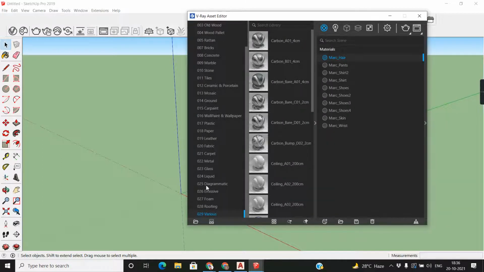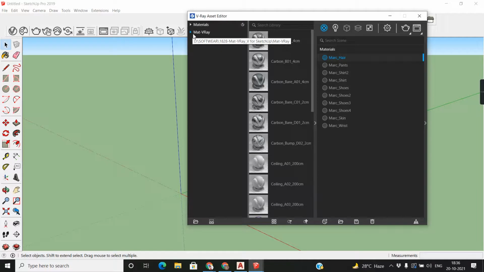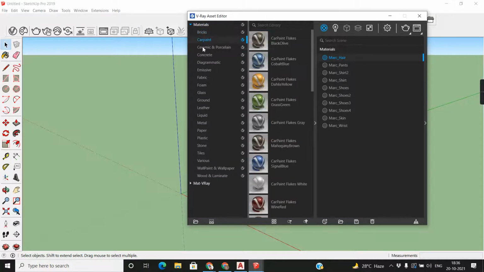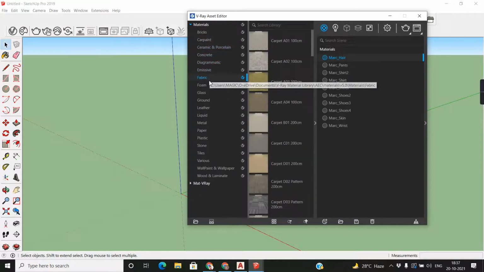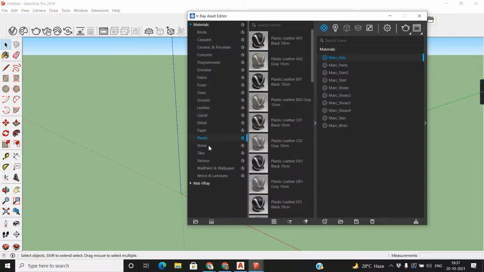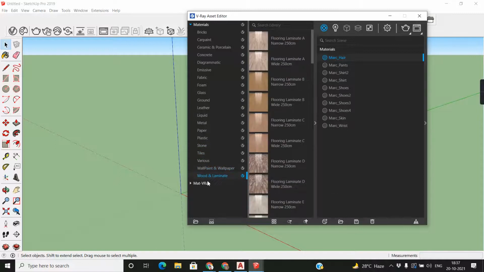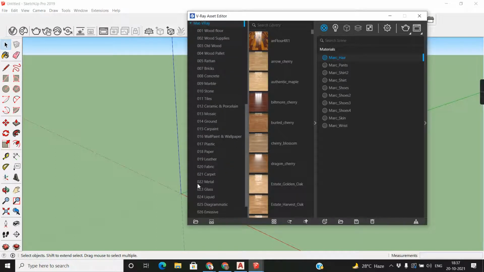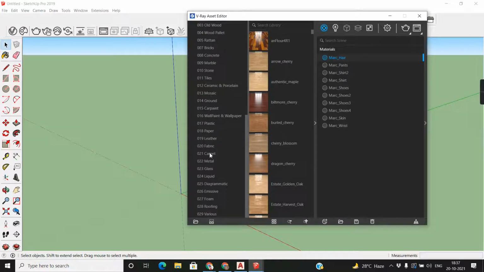This entire thing I'll download. Okay, but by default, V-Ray has this one. If I click over here, these are all the online materials which are available online. When you install for the first time, you need to download. But the rest of the things, I already installed this one. So I'll share this link also with you so you can use it.